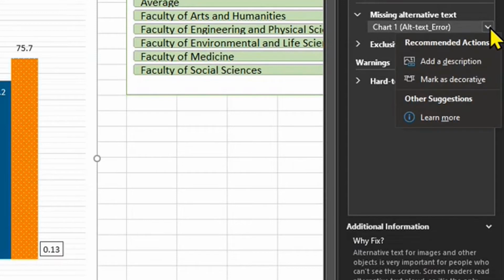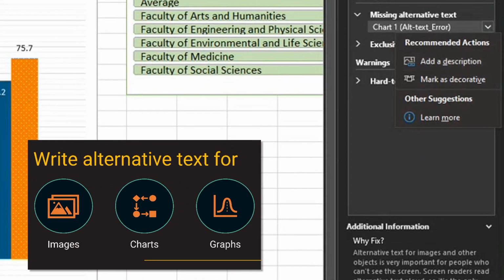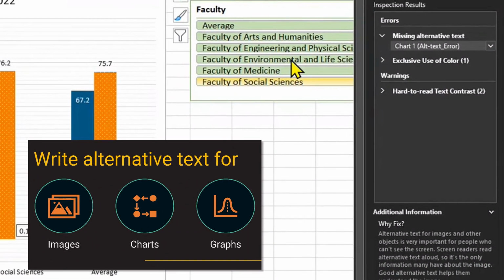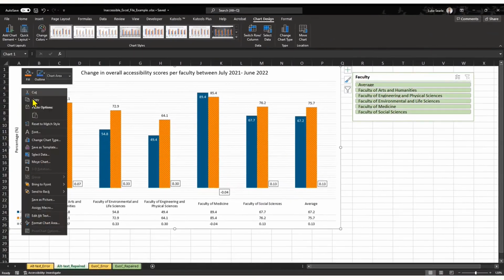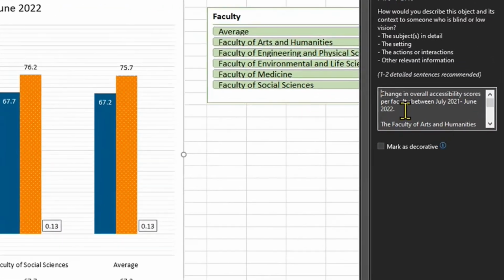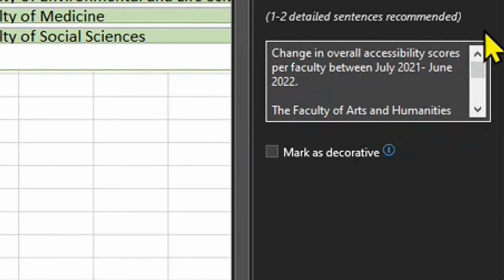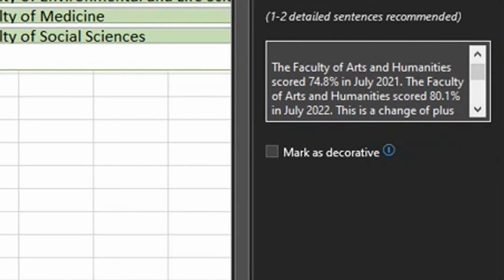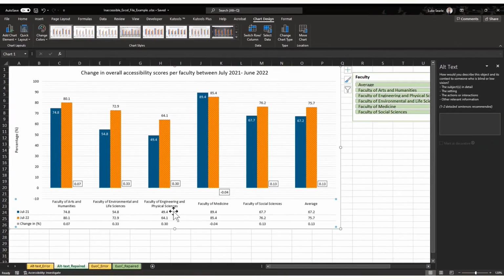I can then click on this small drop down and I can add a description. Now, adding a description to charts is a bit of an art form, but Matthew really well summarized in a previous session how this can be done. And basically it follows this format. If I close this down and then reopen the alternative text to this graph, this graph has been remediated. It's got the title of the graph followed by all of the data points throughout. So I've got all of the scores across here and it follows in a logical order. So this makes it really useful for your audience to interact with this graph,